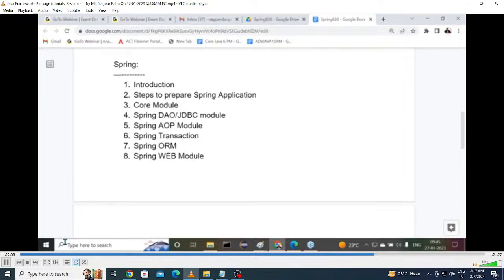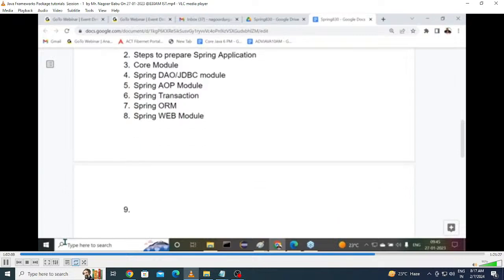Understand it now. After that, all of you listen carefully. The next module is the Spring MVC module. We prepared a web application using Struts, that MVC framework, and you want to integrate that application with the Spring application. There we use the Spring Web module. Got it or not? To prepare an MVC based application, first we used Struts, prepared the application separately, and then integrated it with the Spring framework.